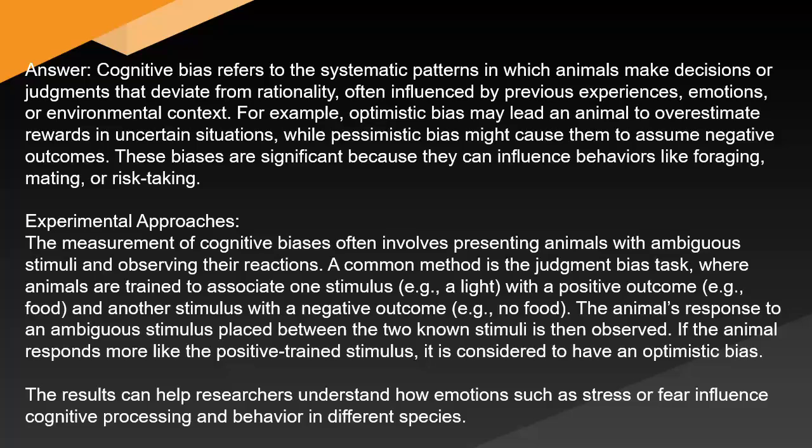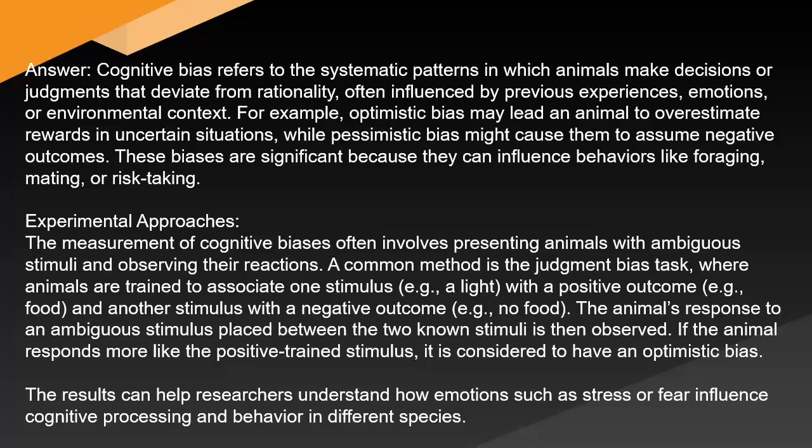For example, optimistic bias may lead an animal to overestimate rewards in uncertain situations, while pessimistic bias might cause them to assume negative outcomes. These biases are significant because they can influence behaviors like foraging, mating, or risk-taking. Experimental approaches. The measurement of cognitive biases often involves presenting animals with ambiguous stimuli and observing their reactions. A common method is the judgment bias task, where animals are trained to associate one stimulus, e.g., a light, with